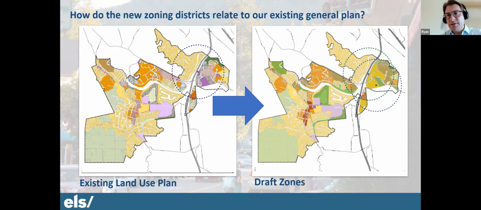Yeah, and I think it goes without saying that everything we got from Opticos is a starting point. And then we're going to be able to make changes if there's certain things that you're not comfortable with, or if there are economic realities that are particular to Larkspur, et cetera. So this is kind of an organizational strategy. We're going to choose how many zones to organize these development standards. And then in the next steps, as David will talk to later, we'll fine tune it. So we just want to get in the ballpark tonight, and then we'll go through a much more refined process moving forward.